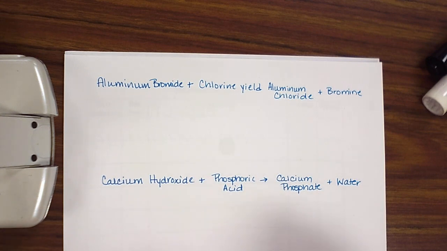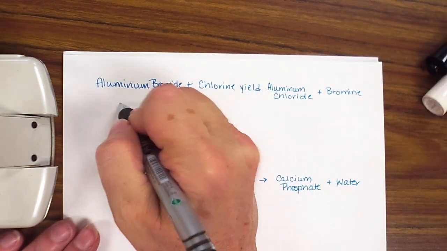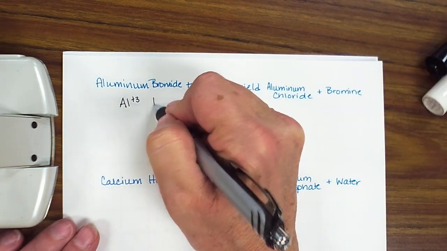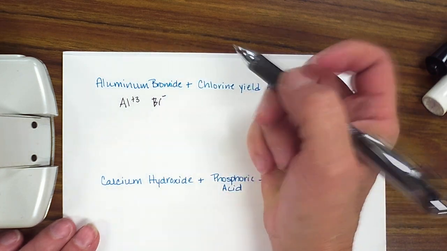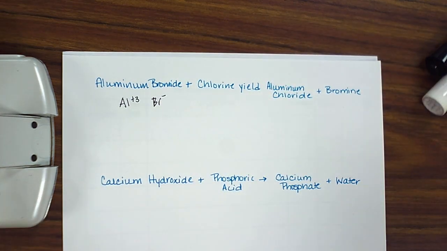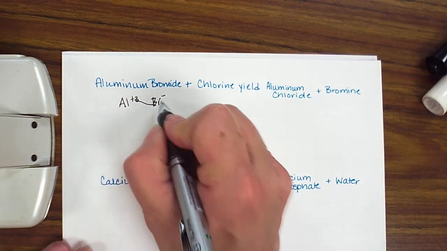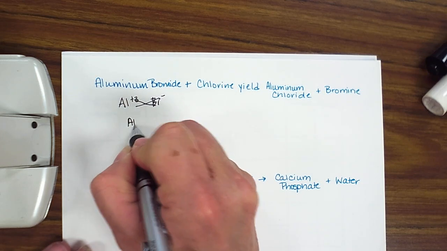Okay, so we're going to start by writing down the aluminum bromide. So I'm going to write down Al plus 3 and bromide, which is Br minus 1. I did my periodic table thing, plus 1, plus 2, plus 3, and then minus 3, minus 2, minus 1. I crisscross and I get aluminum bromide,